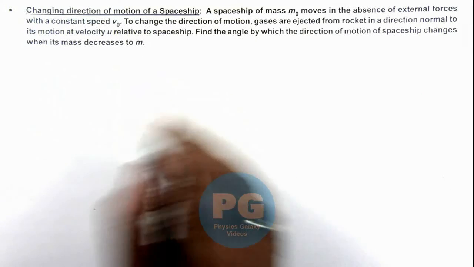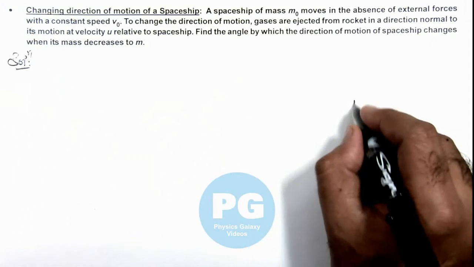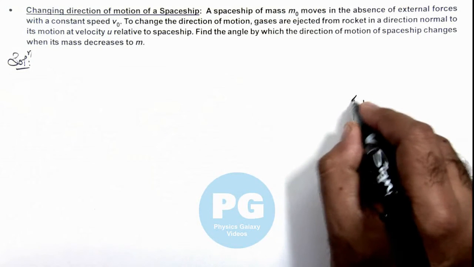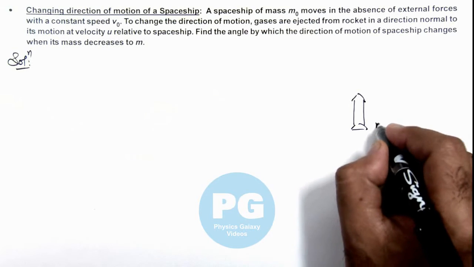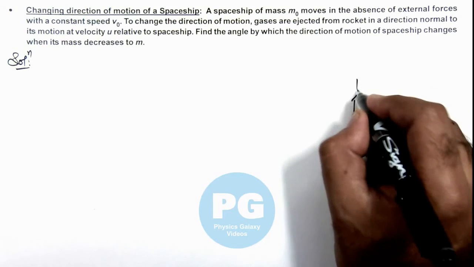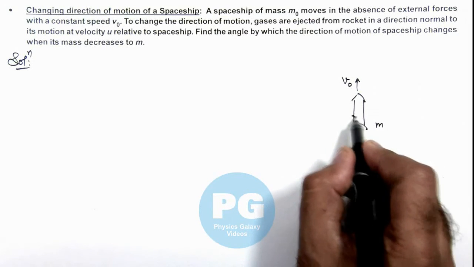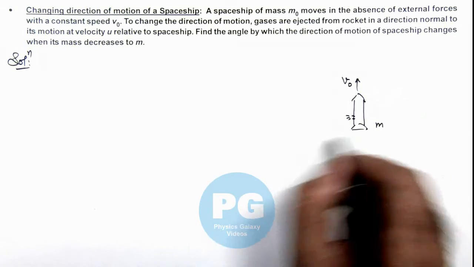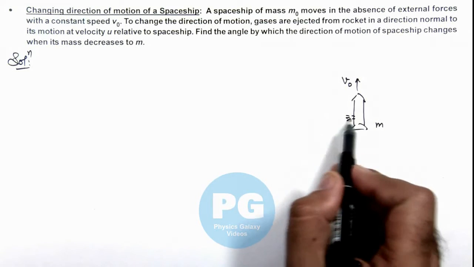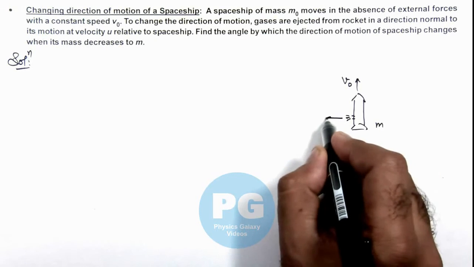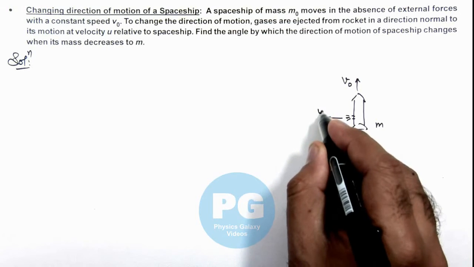decreases to m. Here in this situation we can see, if we draw the situation, this is the rocket which is of mass m at any time moving at a velocity v0. Now to change the direction of motion, gases are ejected from the rocket in the direction perpendicular to its motion, and these are given to be ejected at a speed u relative